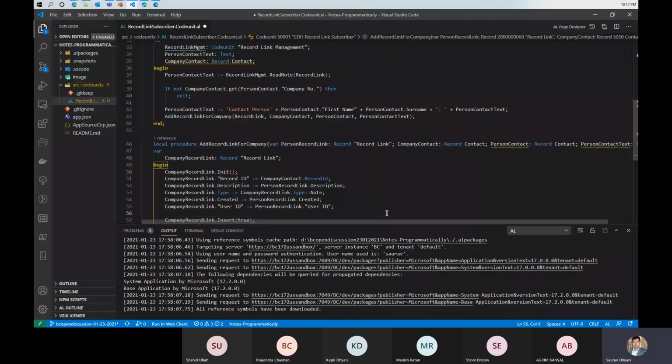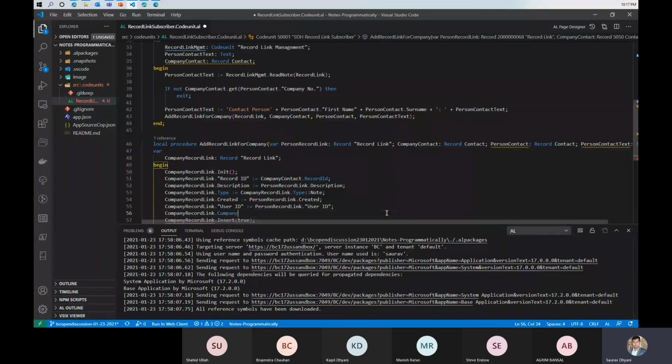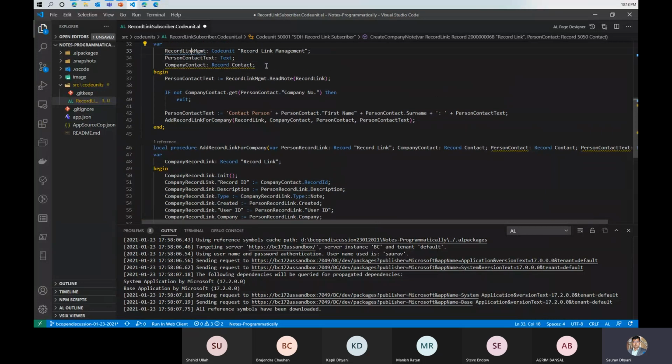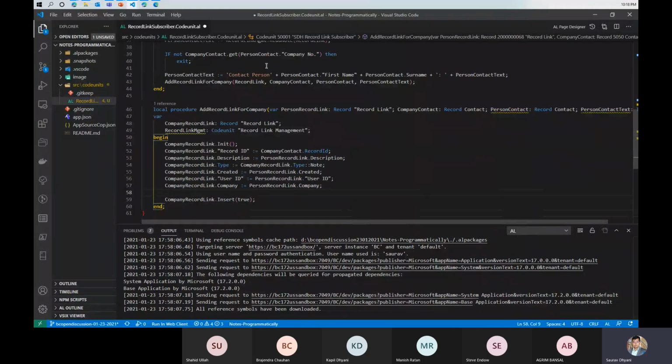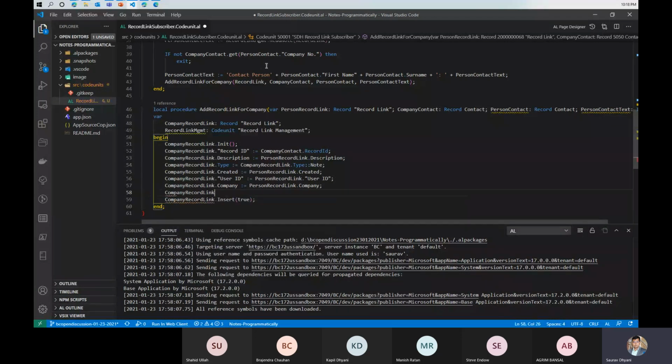And then we have the company record link dot company name, which is same as person record link dot company. Now the only thing that is missing is the note that we need to set. And we have already seen that we can use the same code unit to write the note. So you don't have to manually build it using out streams and in streams to pass it. You can just pass the company record link dot